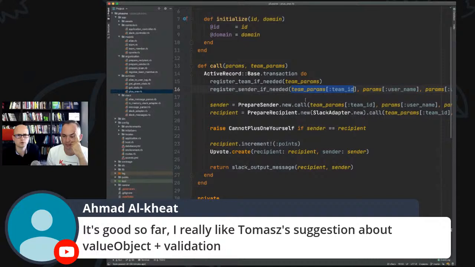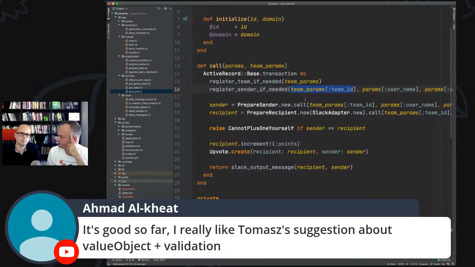Yeah, because if we would like to have data coupling here, which is the best one, we would not have the params here, we would have explicitly only those values. So maybe we want to have a team object and sender object and recipient object, maybe. That is even better, yep. Okay. But there are two things: one is the measure of coupling, and the other is, let's say, the pragmatic way of doing it, right?